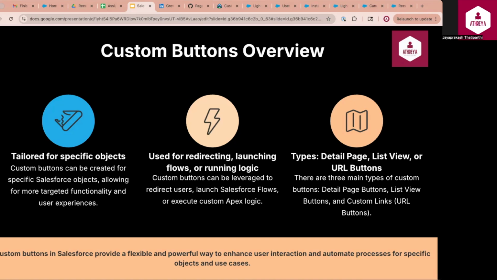These include detail page buttons that appear on individual record pages, list view buttons for bulk actions on multiple records, URL buttons and custom links that redirect to external or dynamic URLs, and quick actions which can launch flows, components, or record creation forms either on specific records or globally across the app. Each of these options provides a flexible way to tailor functionality for your business needs, and we'll explore them in